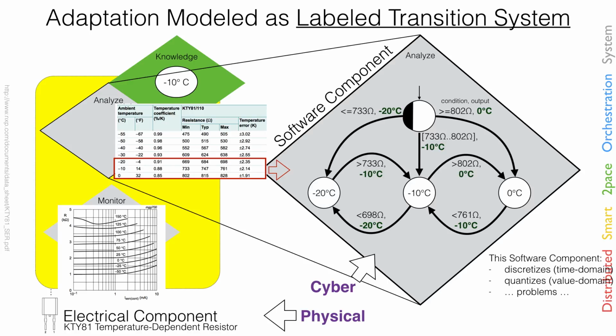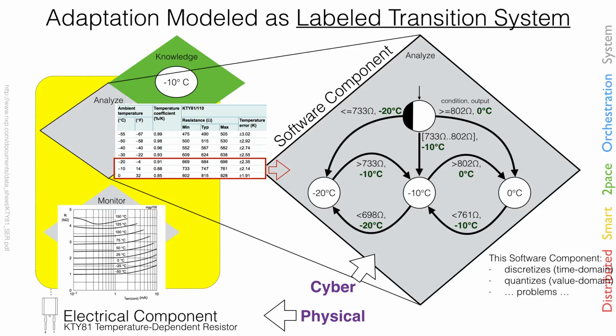Now let's assume the temperature is rising and we go above 733. So now the upper transition is taken and we arrive at the minus 10 degrees state. If the temperature would go below 698 ohms now, then we would assume that we're back to minus 20 degrees again. The reason for having this difference between 733 and 698 is simply a hysteresis. That means we do not want to jump fast between those states, we want to have a discrete value all